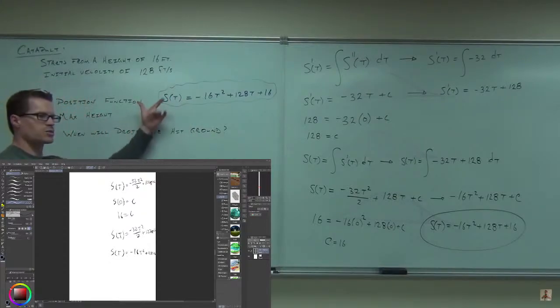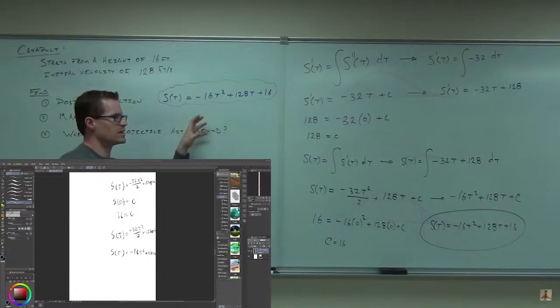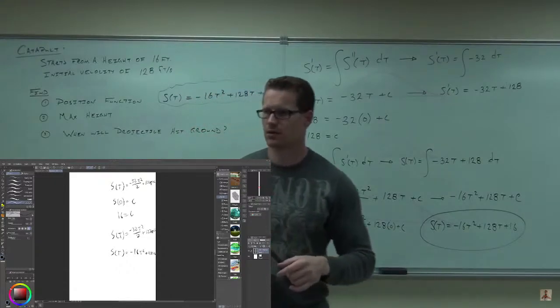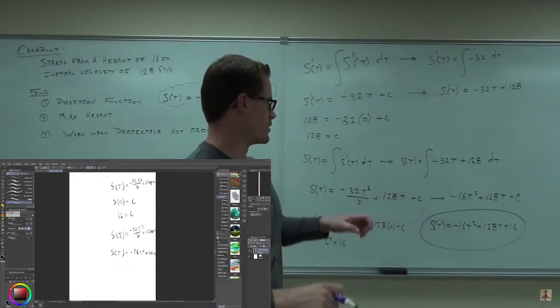We can do part 2 and 3 any time that we want. How would you do part 2? Let's talk about that. When would part 2 happen? Oh, you set it to 0. Set what to 0? The first derivative, s prime of t. Not the position, right? No, that would be a height. The first derivative, though, gives us the velocity. That says when it's 0, it's going to be at its peak. So if we set this equal to 0,